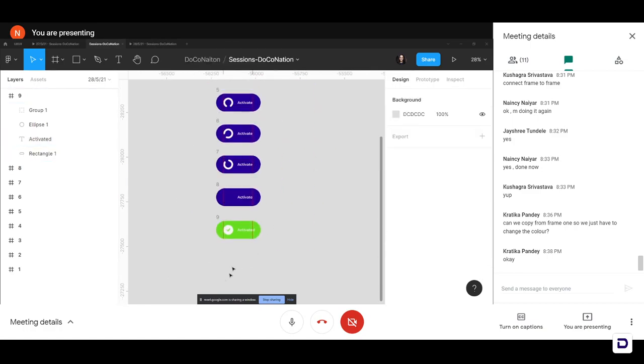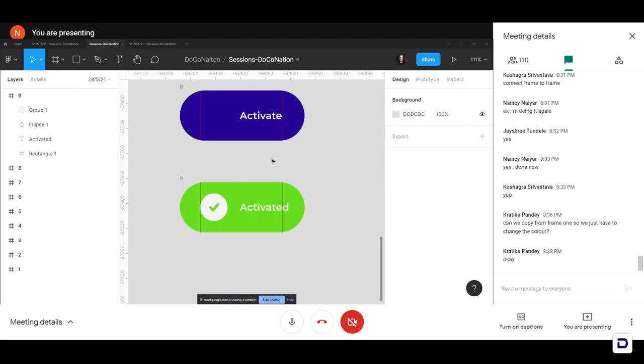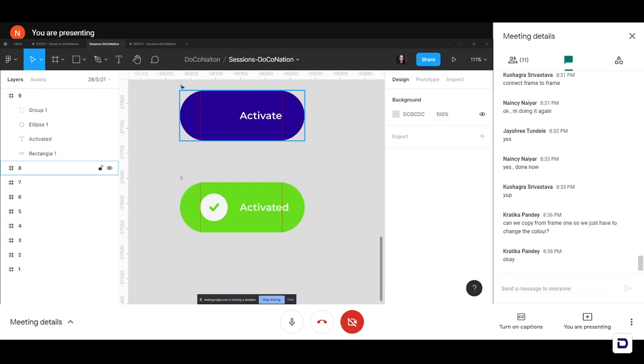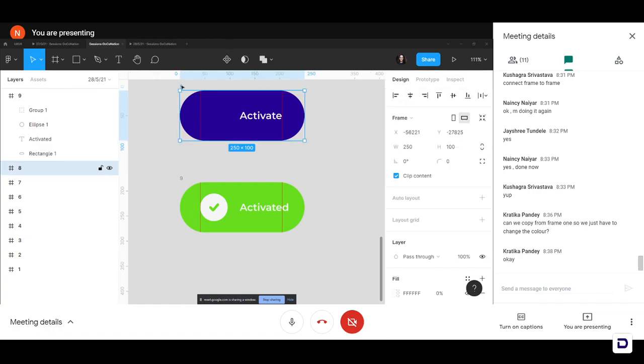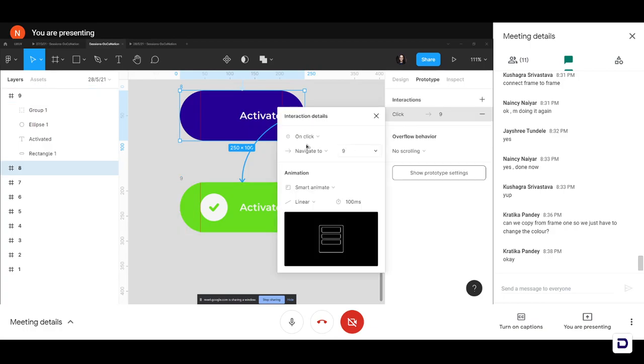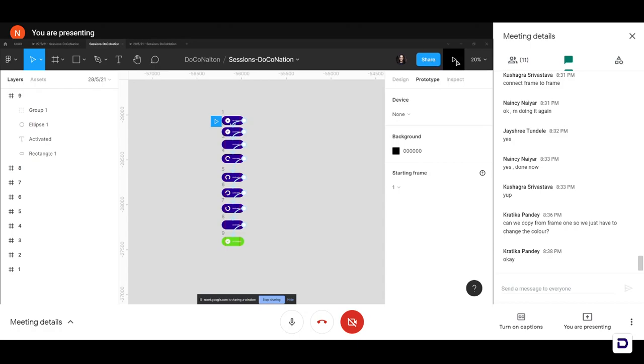And yeah, so the next thing that we'll be doing is adding the prototype, the animation. So let's click on my frame 8 and click on my prototype panel on the right side. And I'm just going to hover over this, click and drag this. And again, the same thing, I just want the animation to happen on delay. So I'm just going to click on this, and after delay of about 1 millisecond, Smart Animate Linear and 100 milliseconds. Okay, so let me play this and see how it looks now.